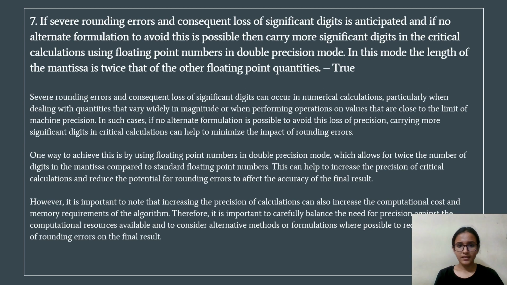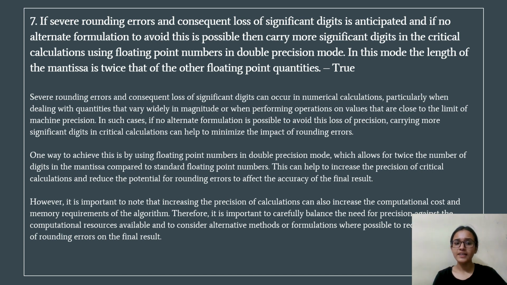The statement is: if a lot of rounding errors and subsequent loss of significant digits is anticipated, and if no alternate formulation to avoid this is possible, then carry more significant digits in the critical calculation using floating point numbers in double precision mode. In this mode, the length of the mantissa is twice that of other floating point quantities. So this statement is true